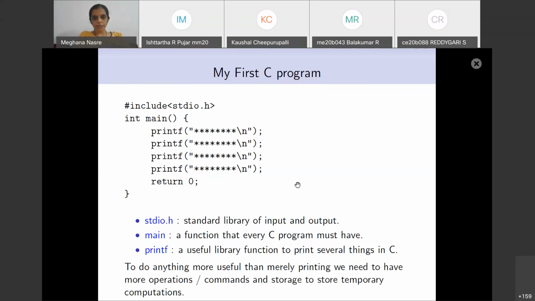Okay, good. To do anything more than printing just to the screen, we need to know a little more about the language, and we need storage for temporary computations, and for that we need to define variables. We are going to come to it, not today, but very soon. In the next week, in the first class, we'll come to defining variables and so on, which will allow us to do many more meaningful things than we are doing now. So at the moment, we'll have to live with just printing some things to the output.